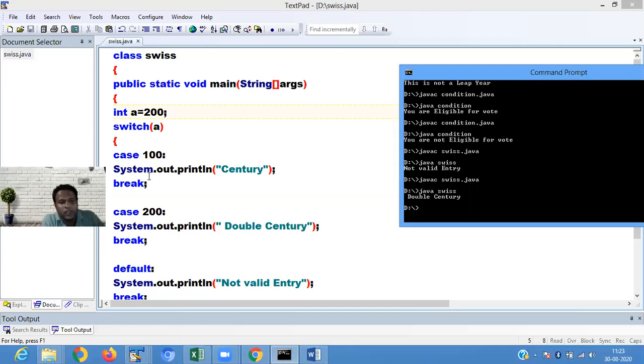If your value does not match any case statement, then the default case is executed. The case statement value and data type must match the data type of the variable taken in the switch statement.